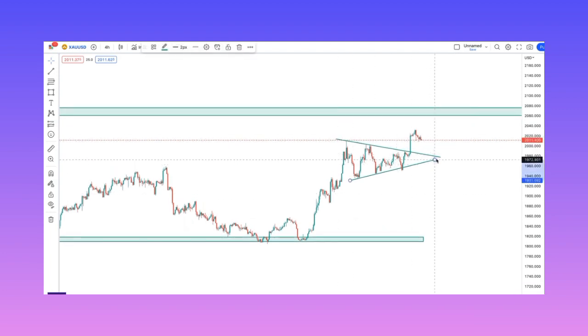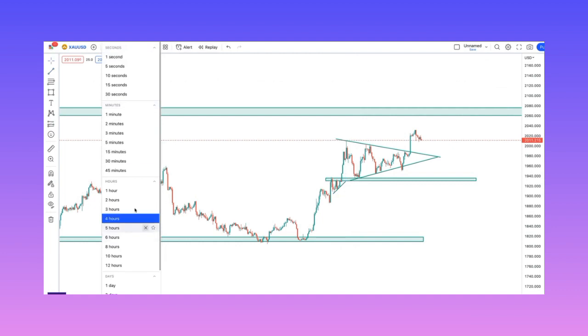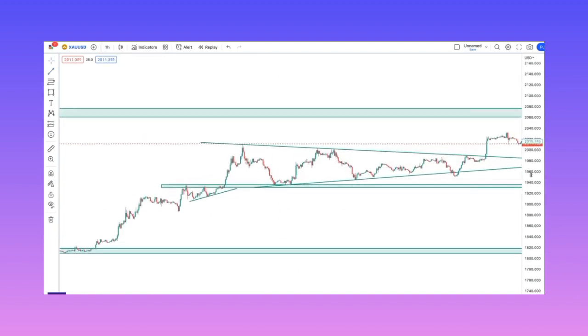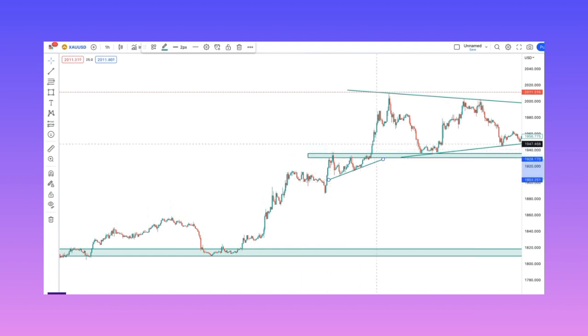So if you take a look at this price level, you can see that this is also a significant area of value, right? We had multiple price rejections at this level, so you can even pick out these lows. So this looks like an ascending triangle. If you go down to, let's say, the 1-hour chart, just to show you something real quick, on the 1-hour time frame you can see this is an ascending triangle. So after this bullish move here, we had an ascending triangle with a bullish breakout, which was an opportunity to